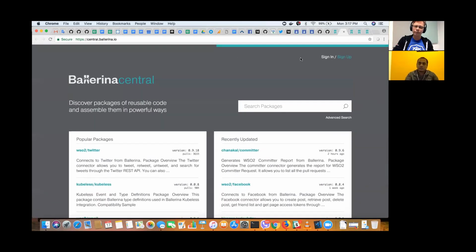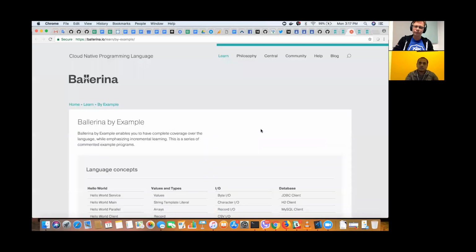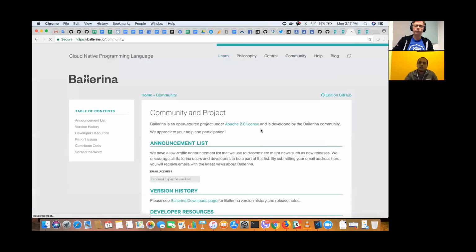Ballerina is a fully open source project. We launched Ballerina as a go-to-market event at the Copenhagen KubeCon. We had spent 3 years developing the language. Now we have more than 200 developers. From WSO2, we have 40 full-time developers working on Ballerina.